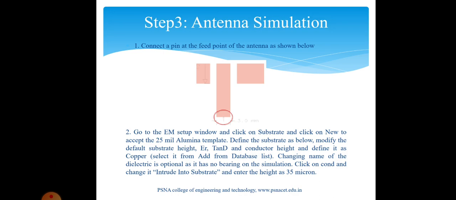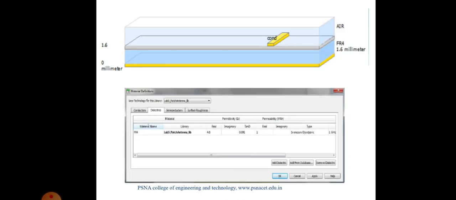Then we have to put the feed, which is an inset feed. The center point we have to select at the midpoint. Then we have to give a supply for that. So this is the sample it will show in the tool. The top diagram shows the ground plane, and in between, the dark blue color shows the FR4 substrate with a specified thickness, and over that there is a conducting material.